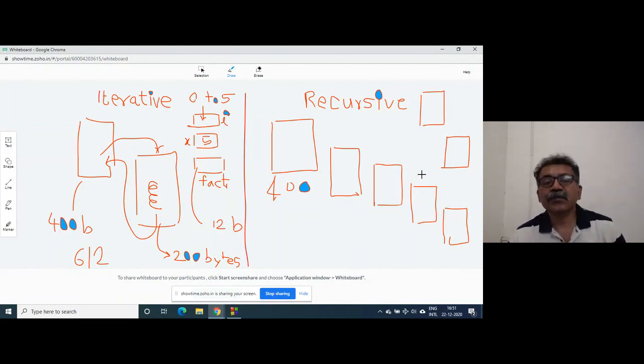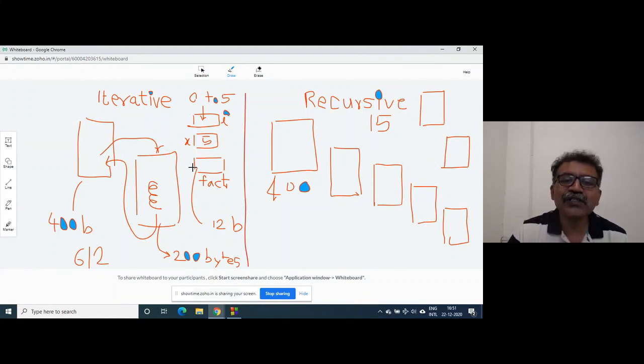This is limited by the number. So this many functions will be created when x is 5. If x is suppose 15, then that many functions will be created. Here there is no restriction in the iterative case. You enter 5, 10, 15, whatever, the same amount of memory will be there, right?